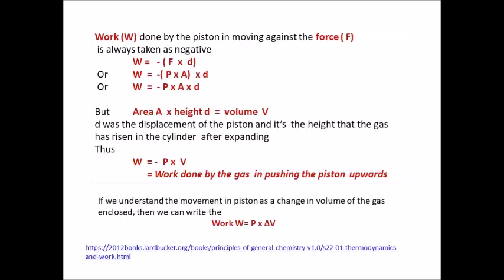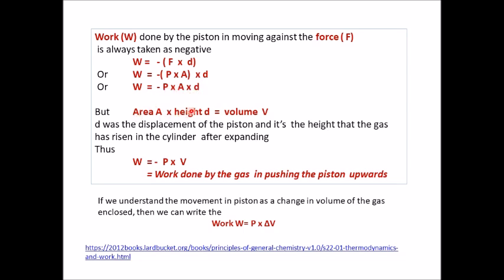Now, work done by the piston in moving against the force F is always taken as negative. W is equal to minus F into d, or W is equal to what? P into A into d with that negative sign, or W is equal to minus P into A into d,